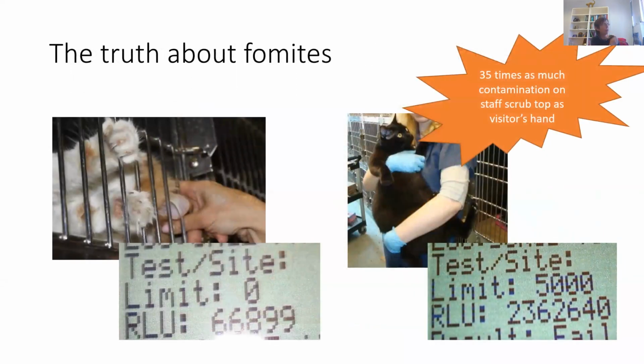And we all know that Panleuk is a fomite spread disease. It's incredibly durable, but some of you will have seen this many times. But just to make the point of, well, what is a fomite in a shelter environment? We took this device that measures organic matter contamination, and we measured it on the hand of someone who had come in to visit the shelter and was not cleaning and caring for cats all day, and found about 67,000